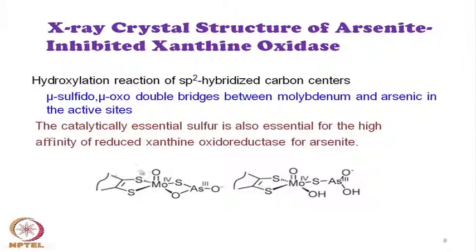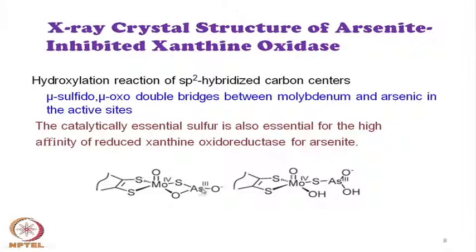If we want to determine the crystal structure of this molybdenum site, it is sometimes difficult to crystallize it as a good crystal that diffracts X-rays. Moreover, the inhibitors we have discussed, the pyrinol, allopurinol and the different flavonols and flavones,